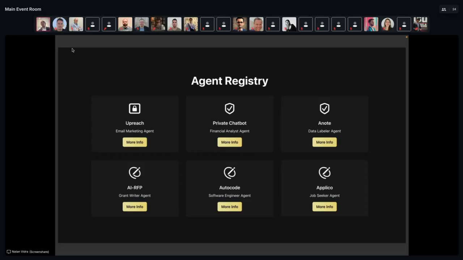So my opinion personally is that the latter approach, the generalist framework, will be similar to how you have generalist models like GPT and Claude and Llama, and then there'll be domain-specific agents, similar to how you have fine-tuned models for tasks. But I'll first talk about a few of these use cases, and then I'll talk about why I'm really interested in the generalist framework and how I think it could work, and I'll share a link to what we're building and where it's going to be, and why I think it's cool.